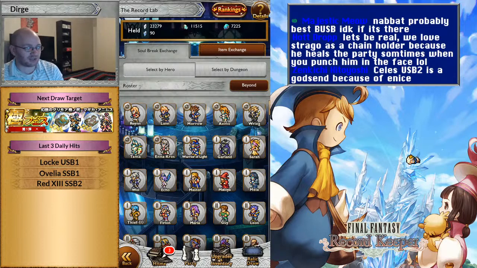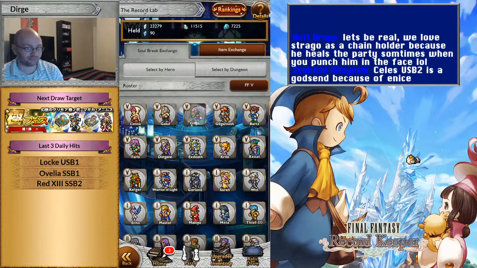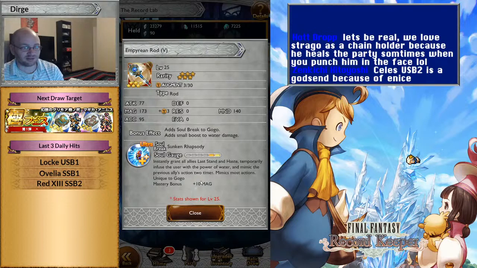Locke USB 3 is... His USB 2 is already available, and his USB 2 is the good one. Terra USB 2 is... Gogo USB is a better way than his BSB to give him in water. Gogo's USB is actually hilarious, because it's very Gogo. I suppose his glint is the best way to give him on water, but... Yeah, it's,